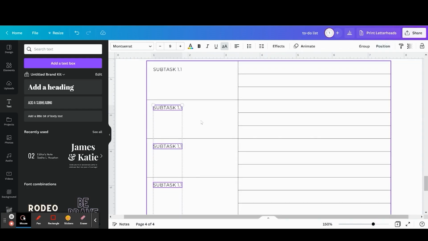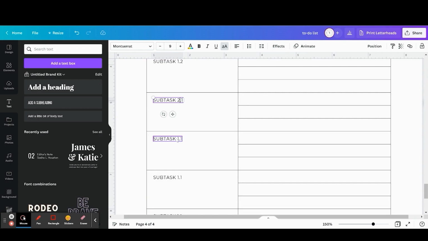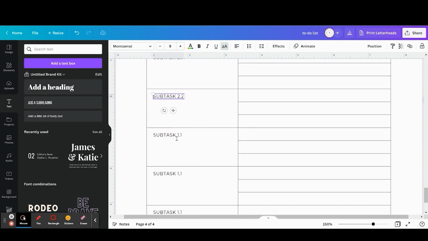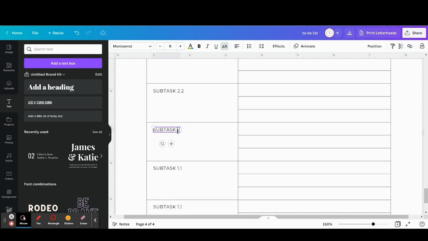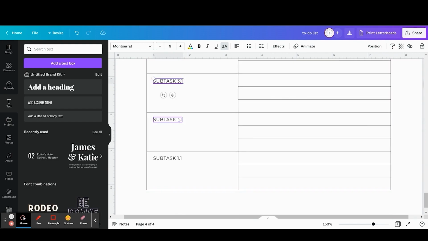Now we just need to change the numbers. So this will be 1.2, and then 2.1, 2.2, 3.1,